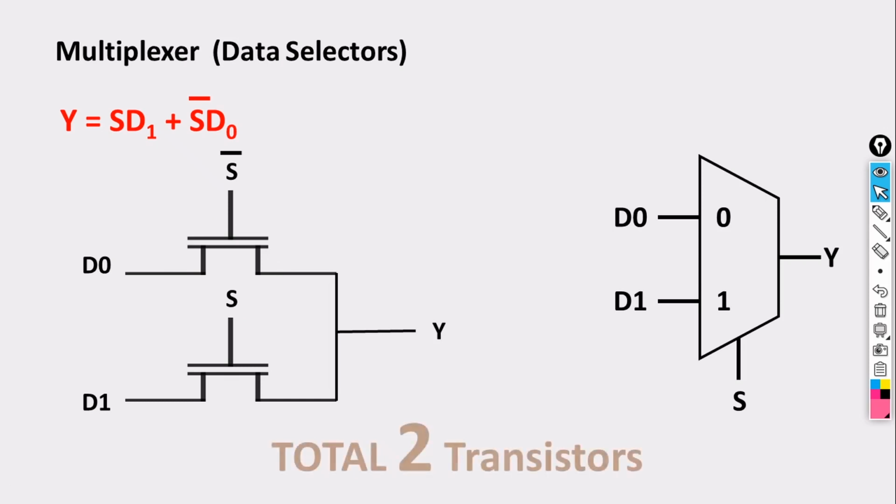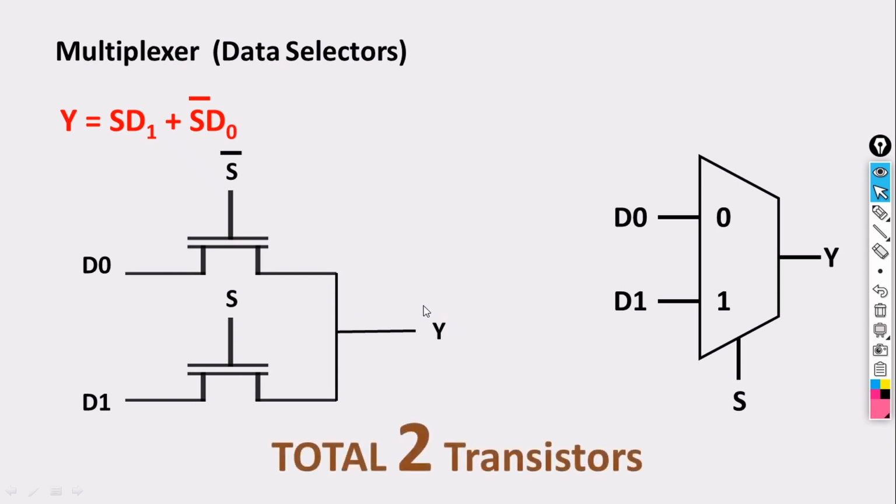It is going to be a degraded output. That is the drawback that we have in terms of pass transistor logic. If here I'm having 5 volts, the output at the Y end is going to be 4.2 volts or 4.3 volts, where from 5 it has been degraded to 4.3 volts.